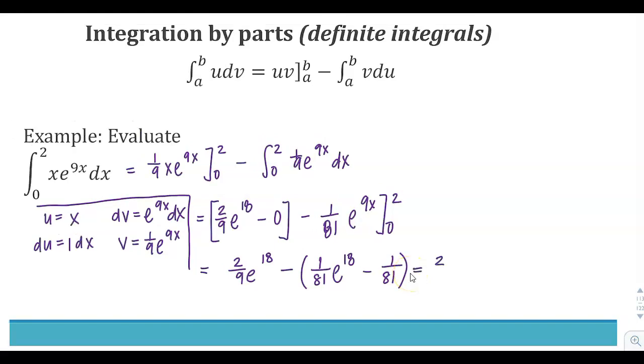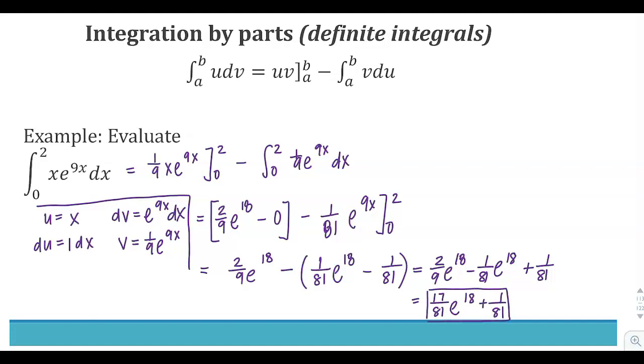So now we have 2 over 9 e to the 18 minus 1 over 81 e to the 18th plus 1 over 81. Don't forget to distribute the negative, that's why we kept parentheses. These first two terms are like terms, we can find common denominators, so this would become over 81 here, so the top would become an 18. So 18 over 81 minus 1 over 81 is 17 over 81 e to the 18 plus 1 over 81